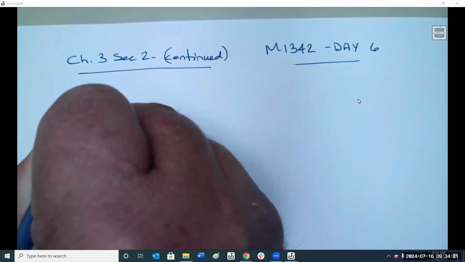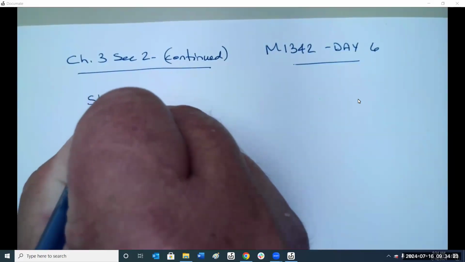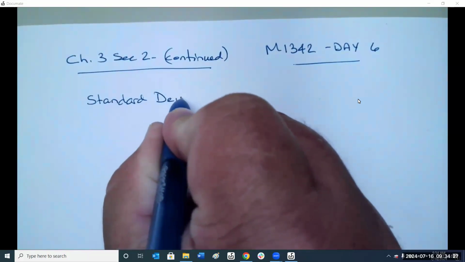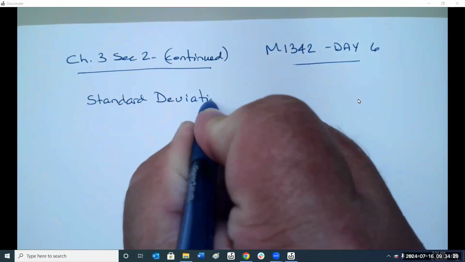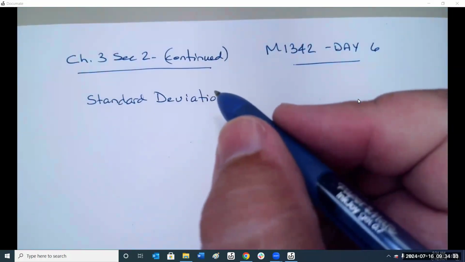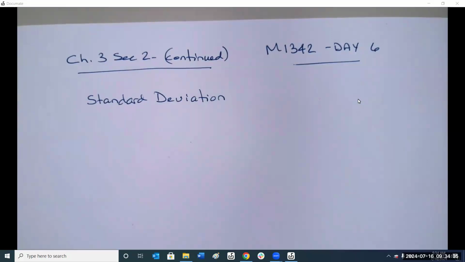Let's review the last couple of formulas we did. We talked about a standard deviation. And don't forget, what is a standard deviation? What is a deviation? Deviation simply means to